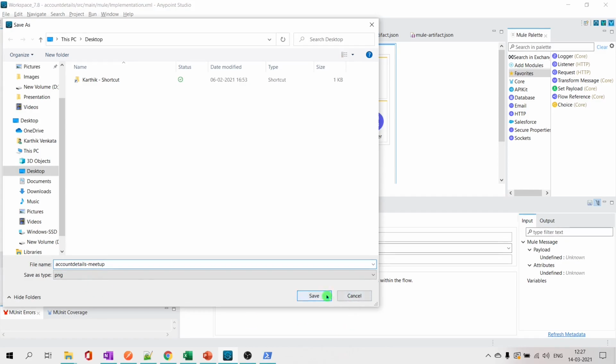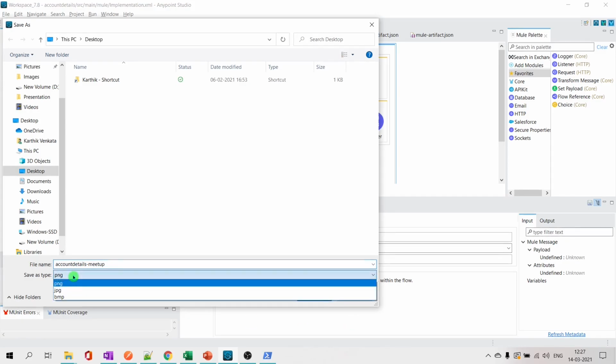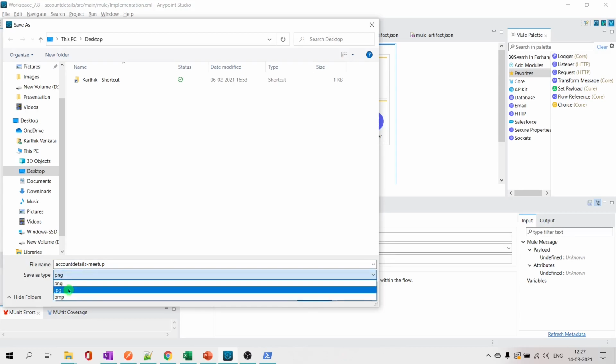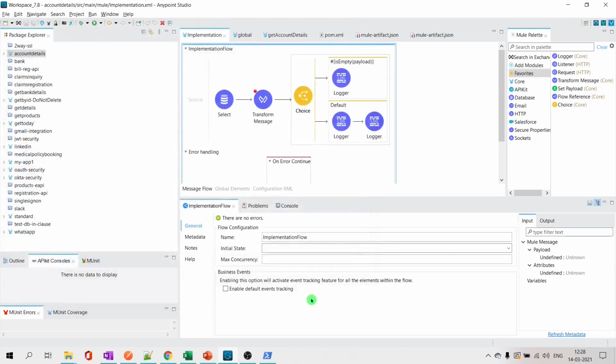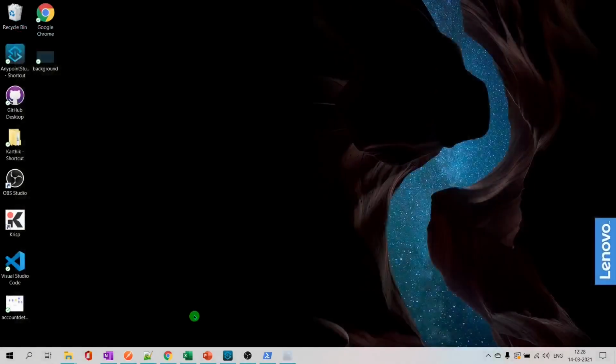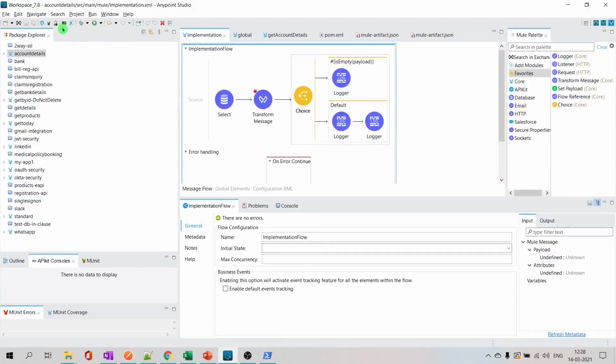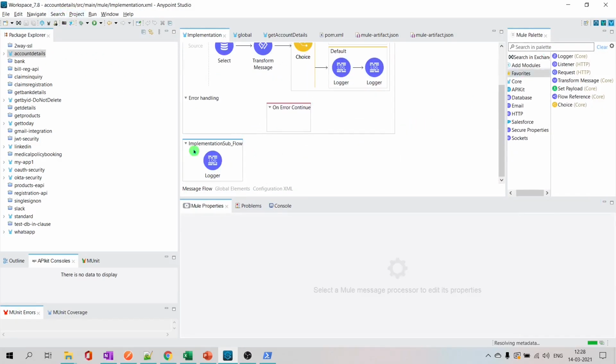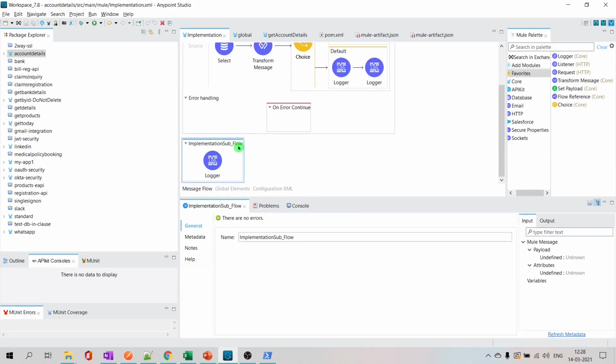Okay, it will just save it as a PNG image or JPG, whatever you want. It will be an image, which you can just put in your Word document where you are preparing the documentation, right? That is the snapshot feature. It will be here. It will be disabled by default. You should click on some flow to enable it. Whatever flow you select, it will take a snapshot of that.